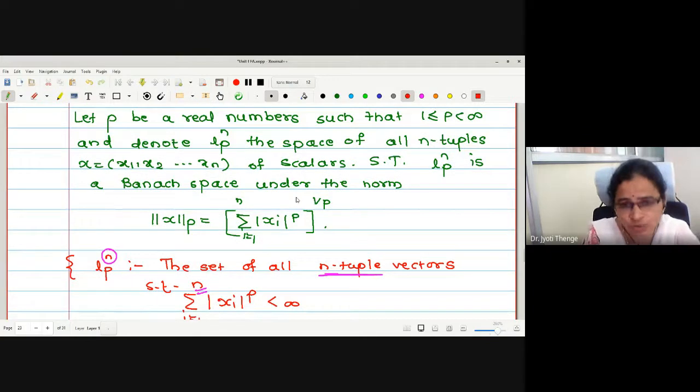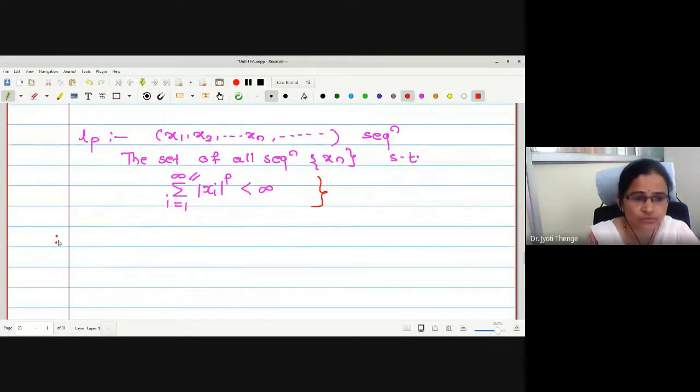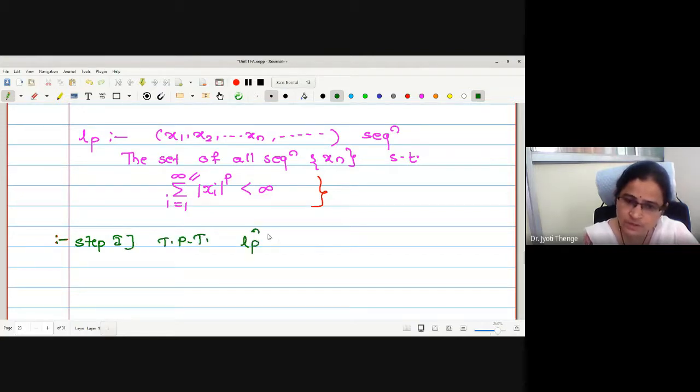Therefore we will directly go for checking first whether it is a normed linear space and then completeness also. Let us prove step number 1. To prove that LPN is a normed linear space,